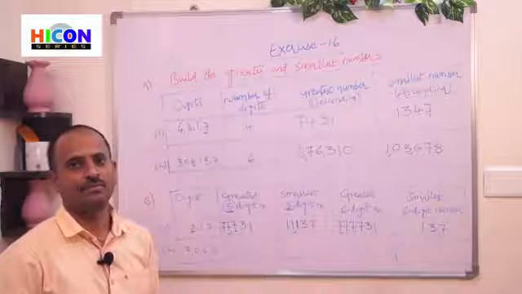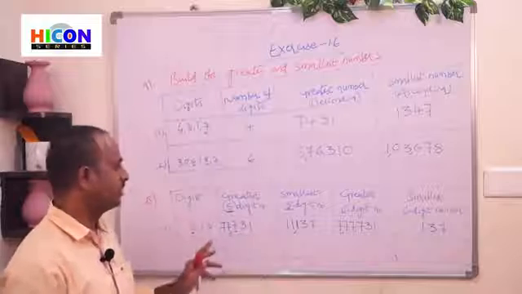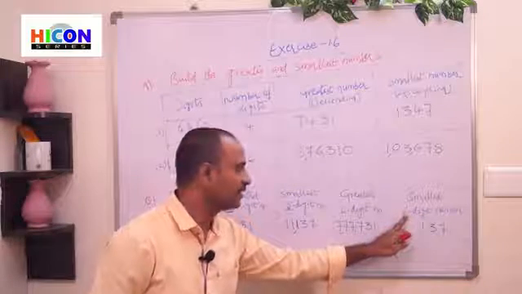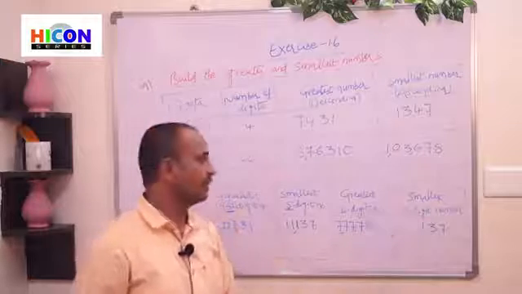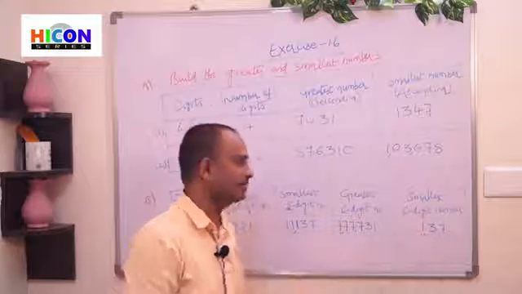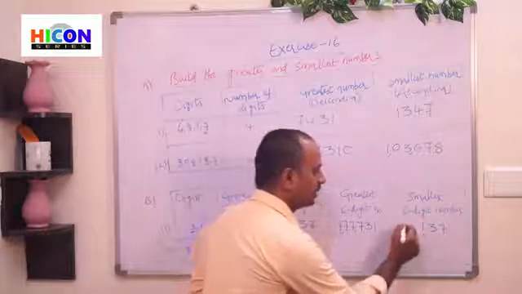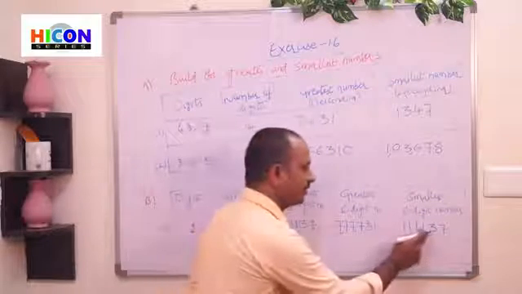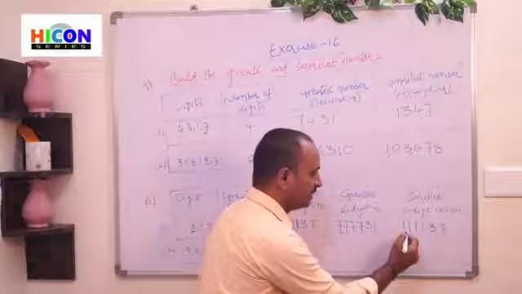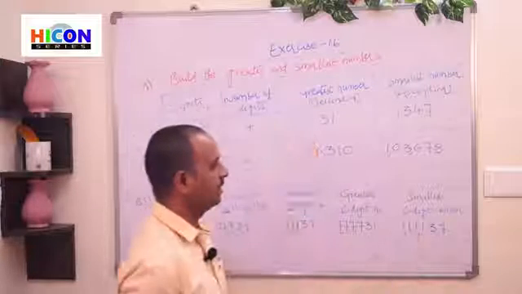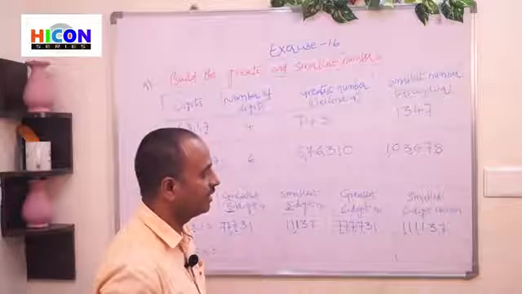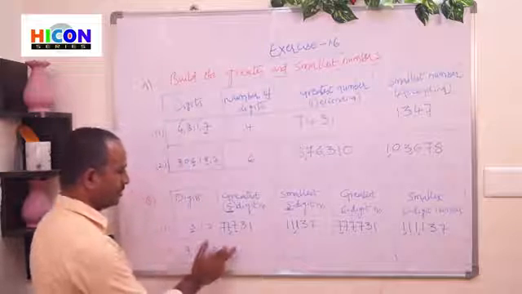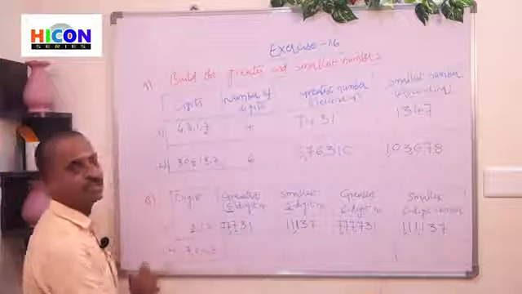137. So 137 contains only 3 digits, but we require 6 digits. That means we require 3 more digits. So repeat the smallest digit 3 times. Here the smallest digit is 1. So repeat the digit 1 three times at its left side. Then it will become a 6-digit number, and it is the smallest 6-digit number, 111,137. So children, in the same way, we can also write the greatest numbers for the second problem.